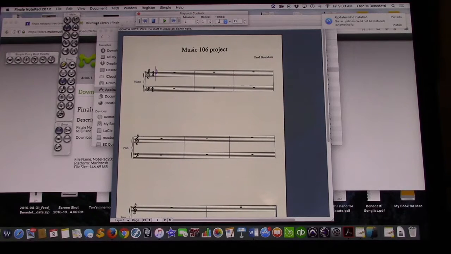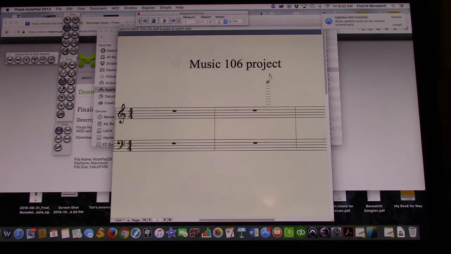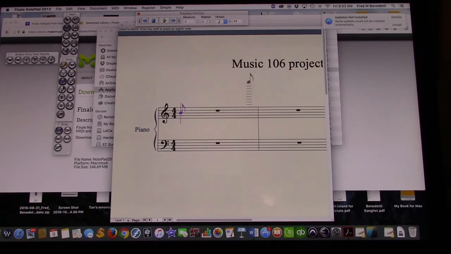Also, I like to view the document pretty large so I can see it. You go under View, and right now it's at 100%, and I'm going to zoom it to 200%. It's really entirely up to you if you want to do that, and then you can move around in the page. So right now we are on layer 1, and I'm going to use quarter notes in the simple note